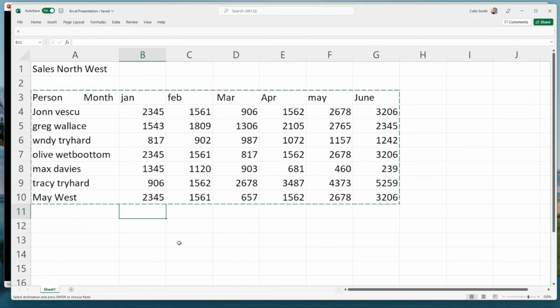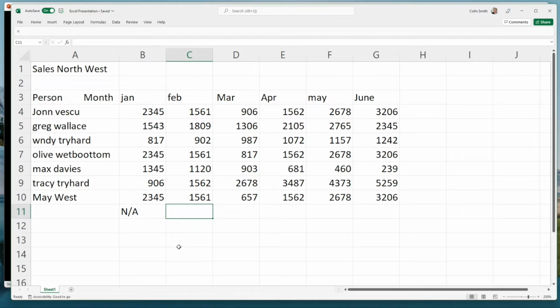We've got two salesmen that aren't actually working at the moment. Maybe they're on maternity leave, paternity leave, or on holiday, so their sales figures are not applicable. And if we put those two in here, right now,